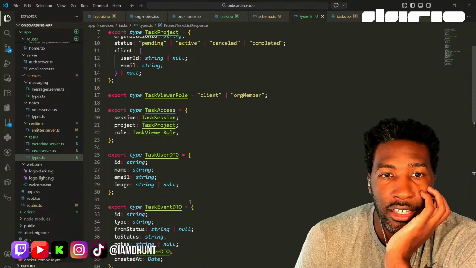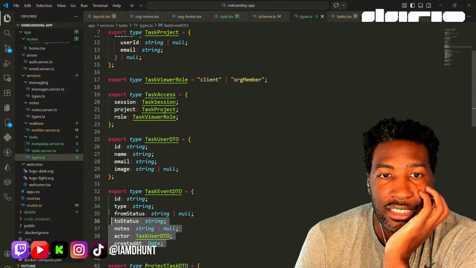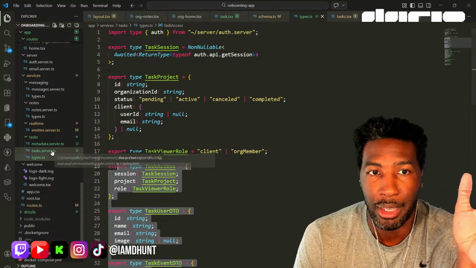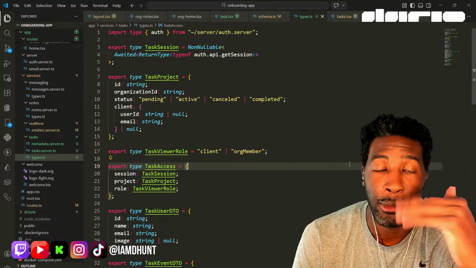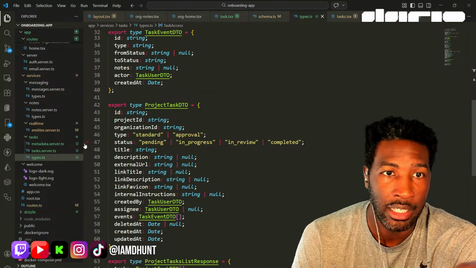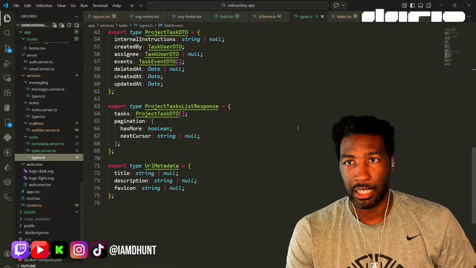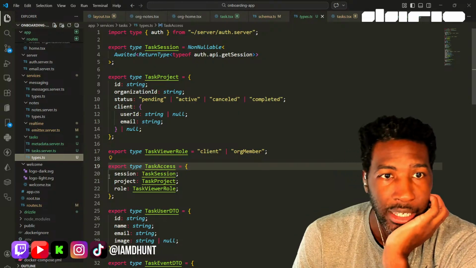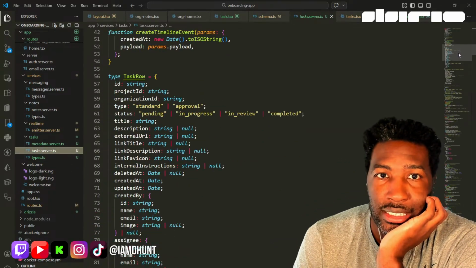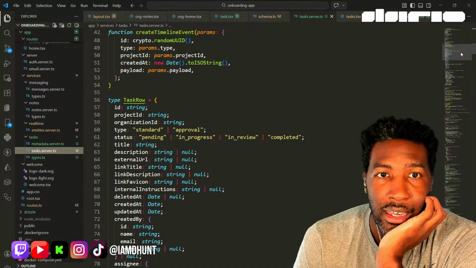It's just telling TypeScript exactly, this is what I expect to receive back from these data type objects when you're creating a task, reviewing a task, whatever, like all these different places you're going to need. So it just created its own separate type file, since I'm going to be reading these all over the place. Then the actual server task file is what is handling all of my